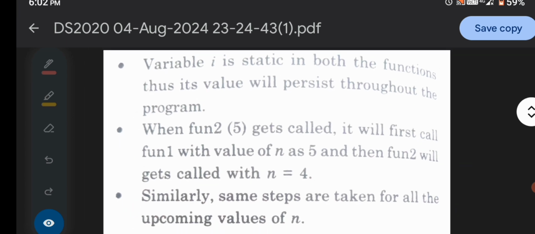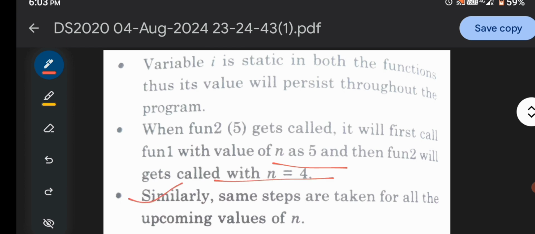Variable i is static in both functions, thus its value will persist throughout the program. When function 2 gets called, it will first call function 1 with the value of n as 5, and then function 2 will be called with n equal to 4.